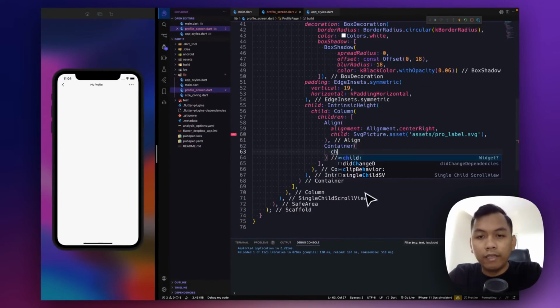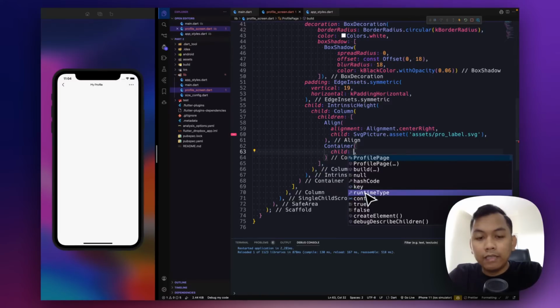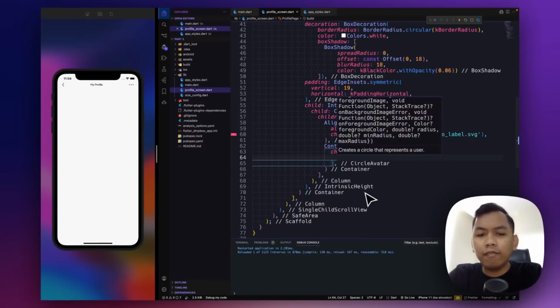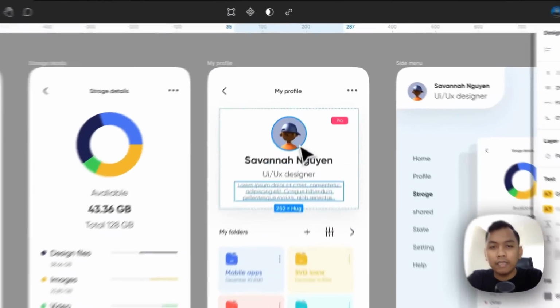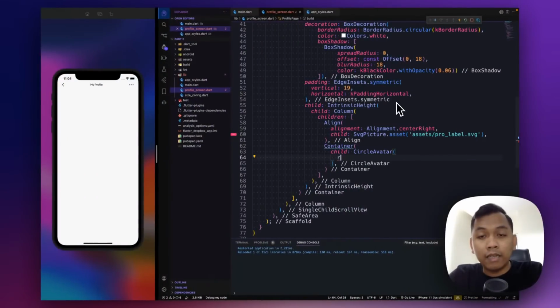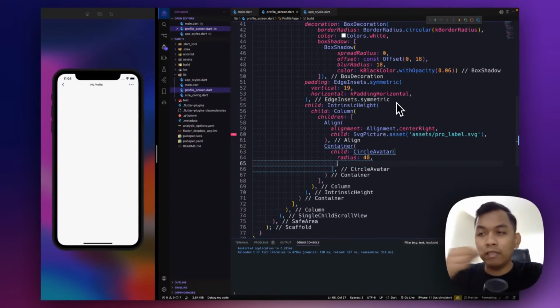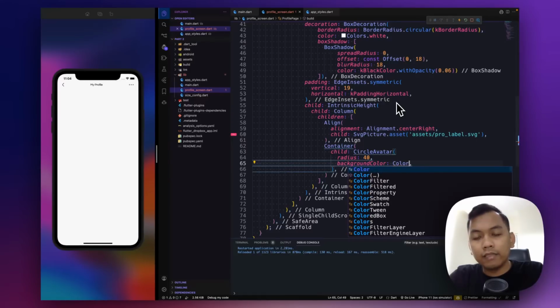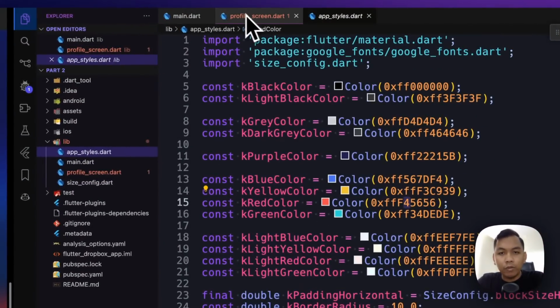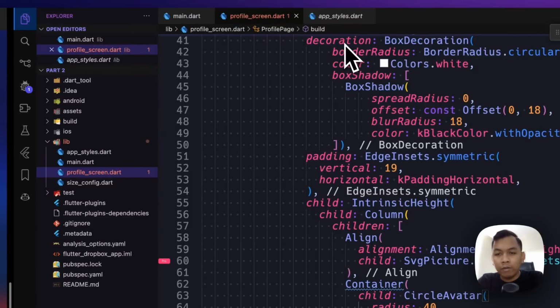and inside this container we will place this image and so on. So it will be CircleAvatar, and CircleAvatar will have a radius, and we need to check the height is 80, so the radius is half, so it will be 40. And the next, for background color, let's check maybe kLightBlueColor.